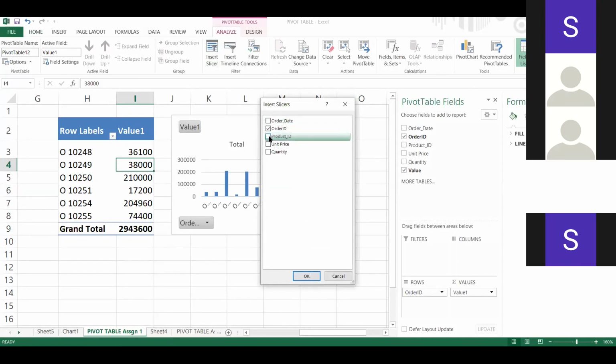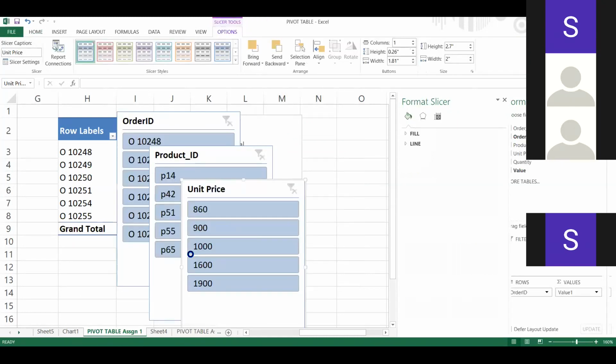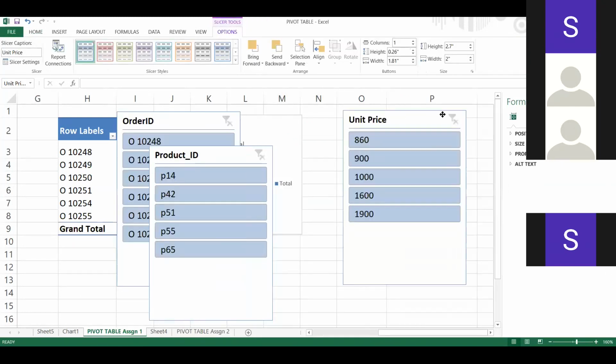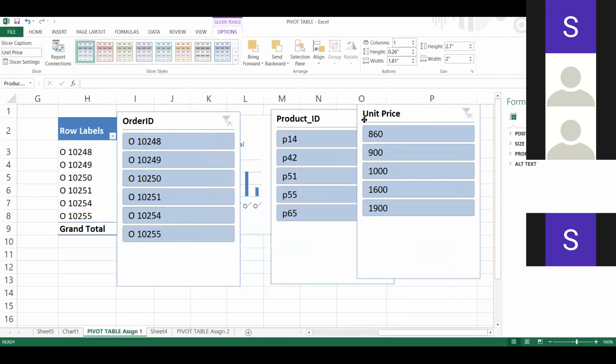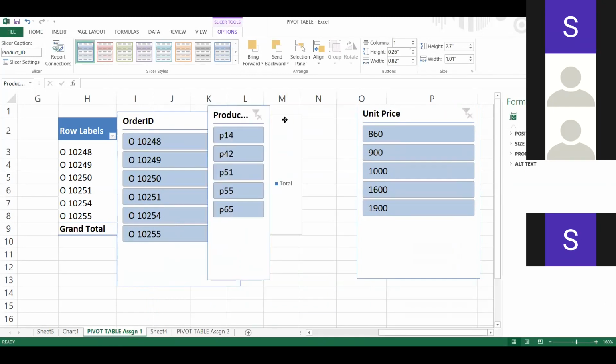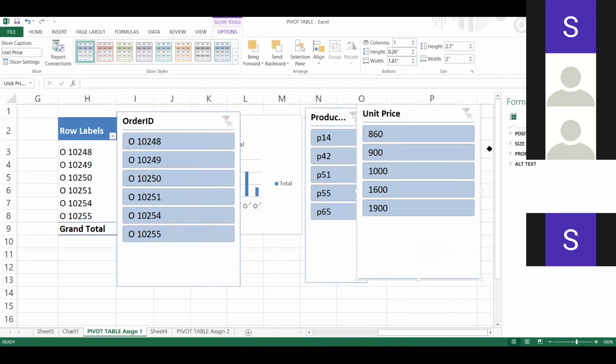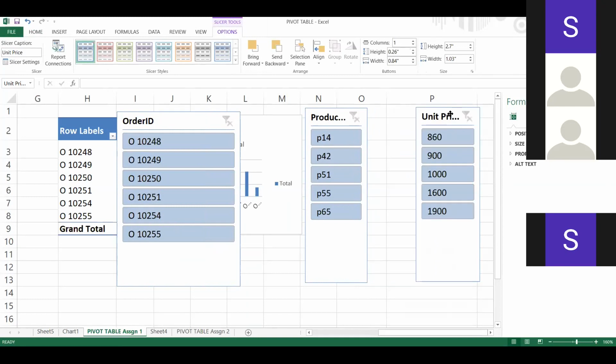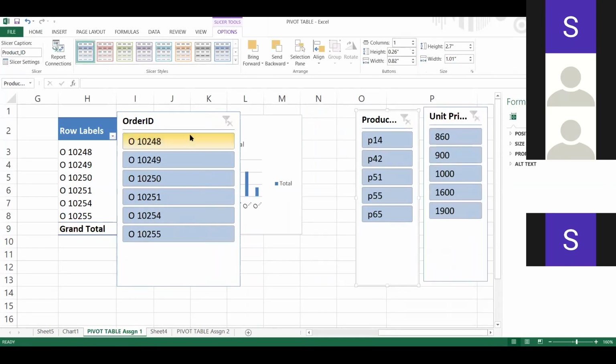Click on any options we want. Click on OK. Since it is too large, I'm just making it small.